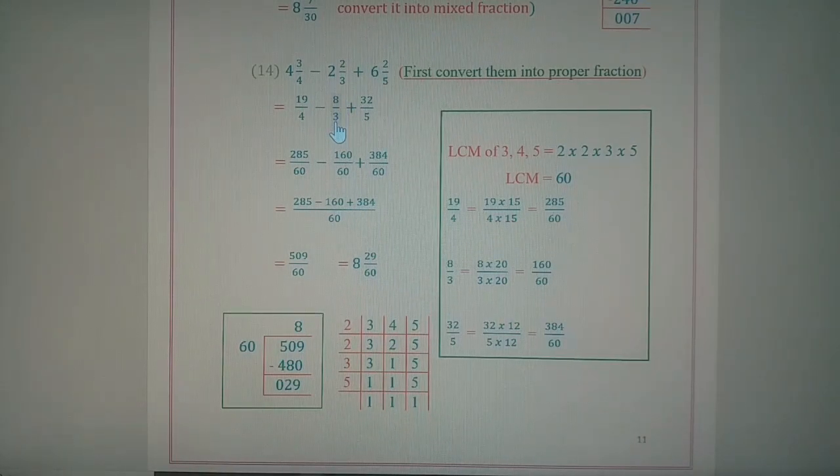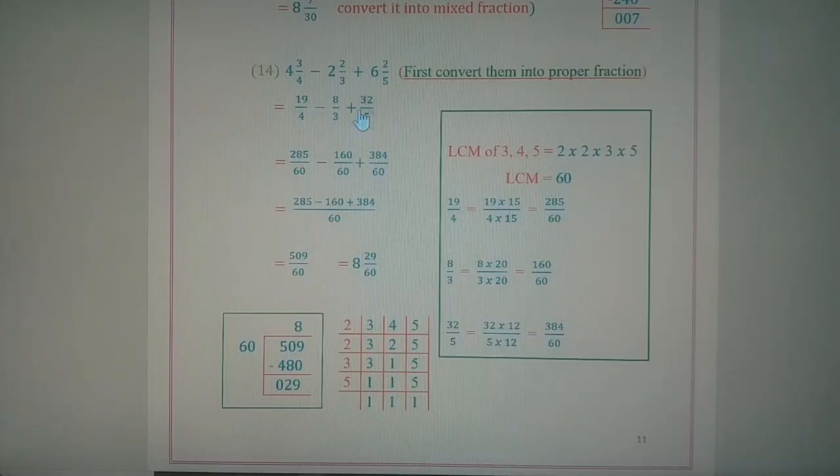8 upon 3. The third fraction, 6 integer 2 upon 5, is converted into an improper fraction by using the multiplication addition rule. First we have to multiply and then the answer we have to add with the numerator. The denominator 5 will remain the same. So the denominator 5 I copy down and 6 and 5 first I have to multiply. 6 5s are 30 and the answer 30 has to be added with 2. Our answer will become 32. So the numerator will be written as 32 upon 5.